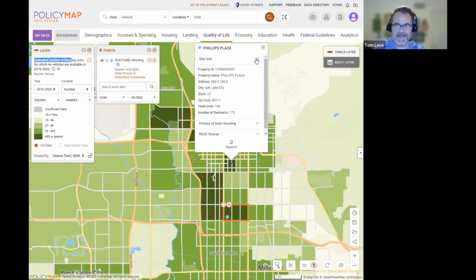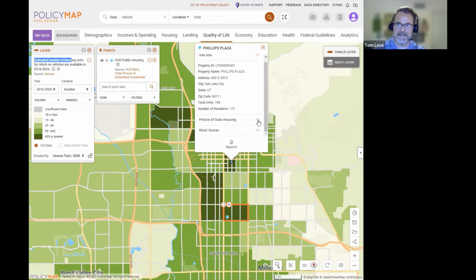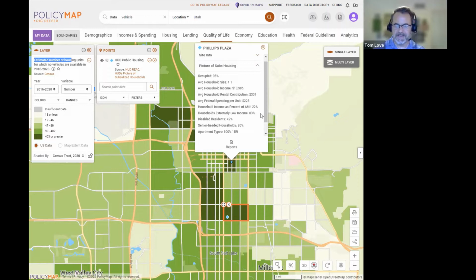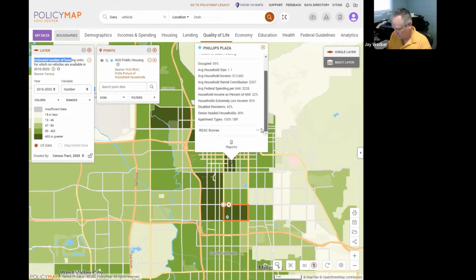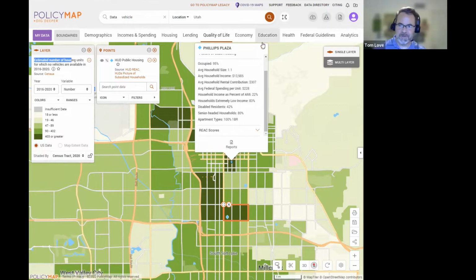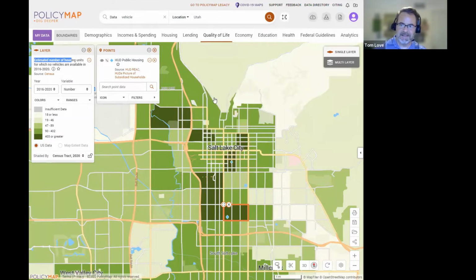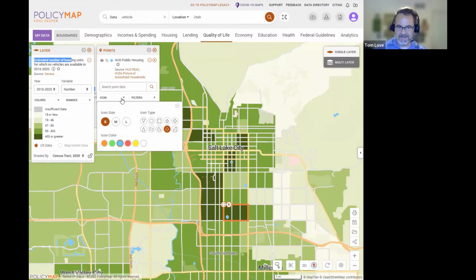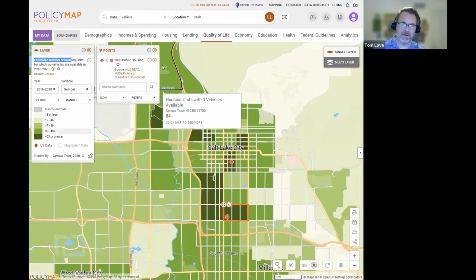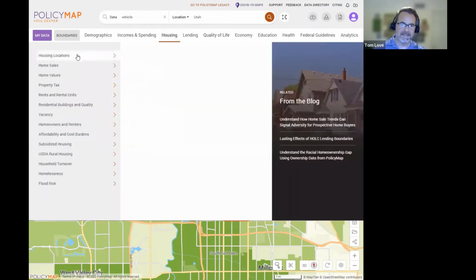Looking at the main, okay, here we go. It has 169 units, 173 residents, and it has the percentage of residents that are senior as well as disabled, and also the physical inspection scores for the property. So for these point data sets, you can make them easier to see by changing the size, shape, and color of the icons. But if I also put on here HUD, let's say multifamily housing sites,